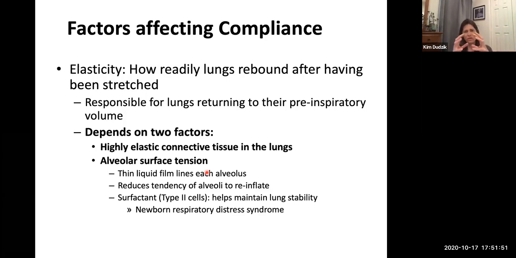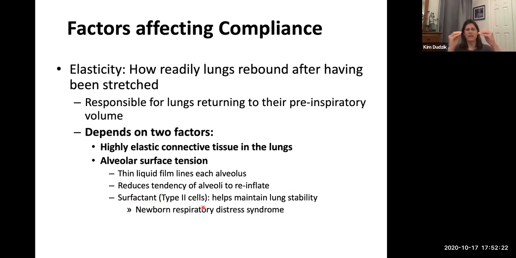And so surface tension, what it does is it wants to push down on the alveoli, okay? Well, when we inhale, we need to break that surface tension in order for the alveoli to be able to expand. Okay, and that would be really hard to do if we didn't have help from our type 2 alveolar cells. Remember in the beginning of the lecture, I mentioned these. Type 2 alveolar cells produce a chemical or a lubricant called surfactant.